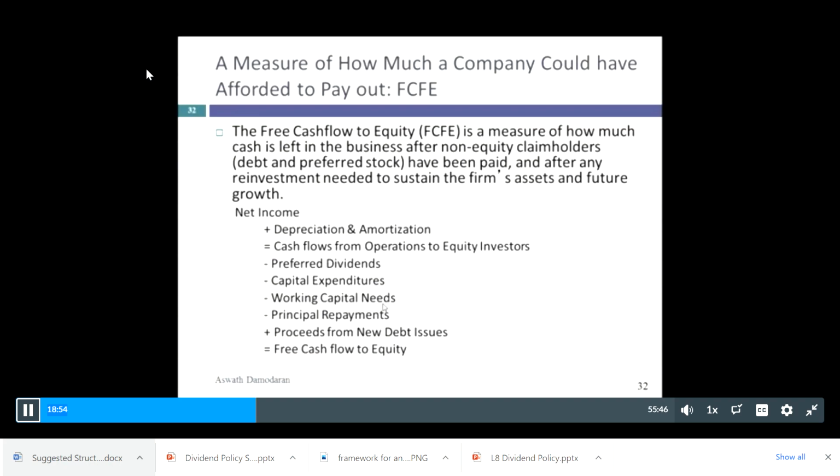And we need to subtract our working capital needs, right? That's the necessary investments in inventory and accounts receivable, after taking into account cash that's coming in from collecting accounts receivable and selling inventory. And then we need to take out principal repayments. In other words, any debt that we're paying the principal on, we take that out because we have to make those payments. And then we add, as cash coming in, any new debt that we've issued. The total of all of those things gives us our free cash flow to equity. So now let's go to our statements.